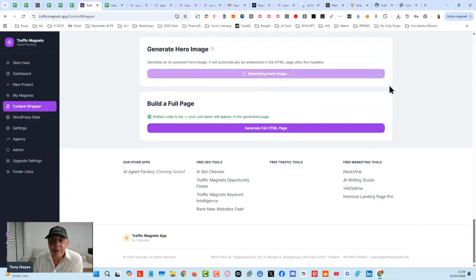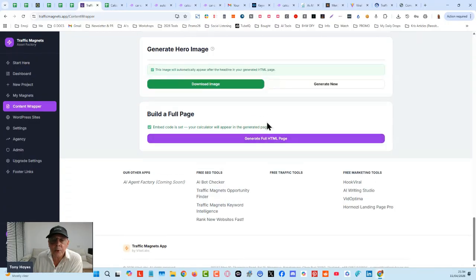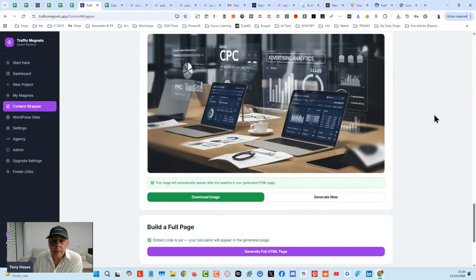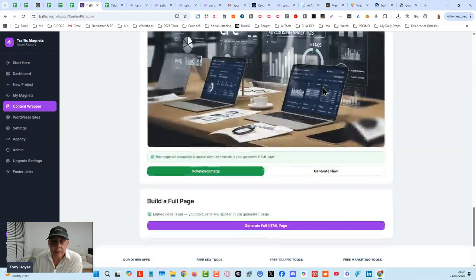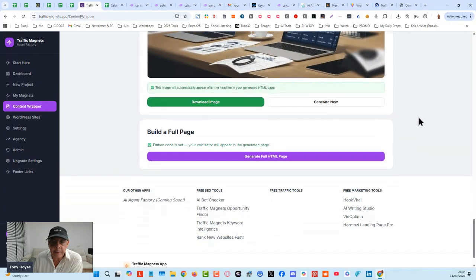Okay, here we're going to generate the hero image. Okay, from here, this image that we generate here is going to get posted into the WordPress site when we publish it. Okay, this can take about 30 seconds. We're using Ideogram for this because it's very, very high quality images. So once this is generated, we're going to generate the full page and then we're going to post it into WordPress. Here we go. That image generated for us in about 15 seconds.